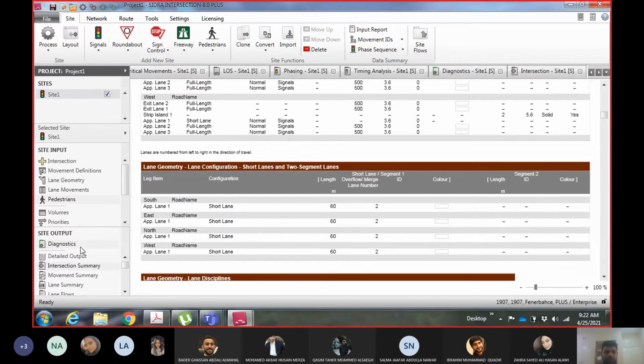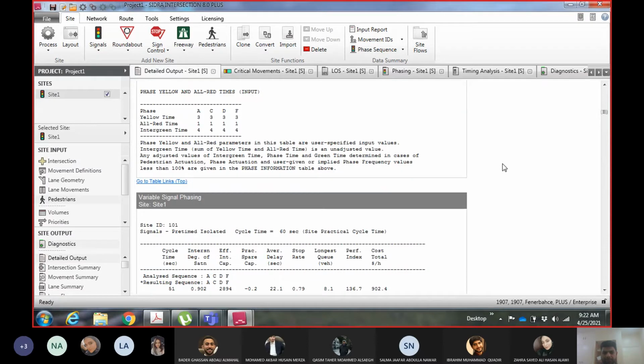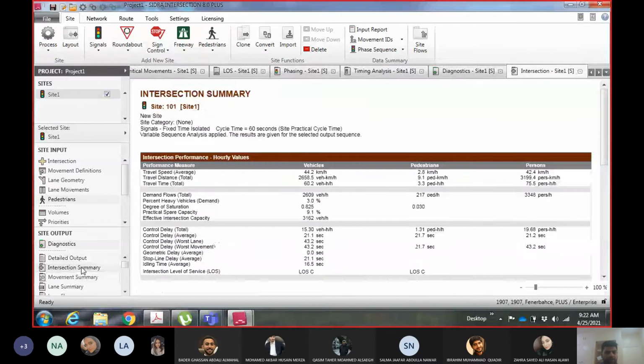So, for example, when you generate the output and come here, you can see now it is showing this thing. If I go to the print option and print it, whatever is shown here will be printed as PDF or on the printer. If I click on this one, now it is showing me the intersection summary.